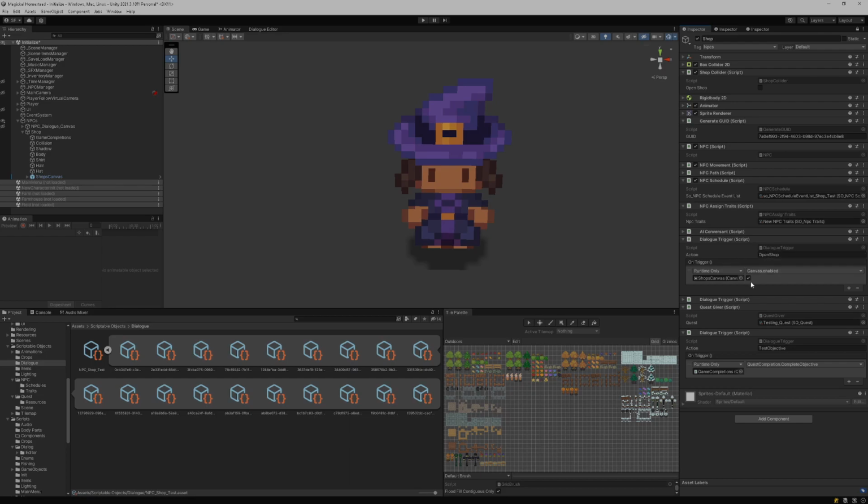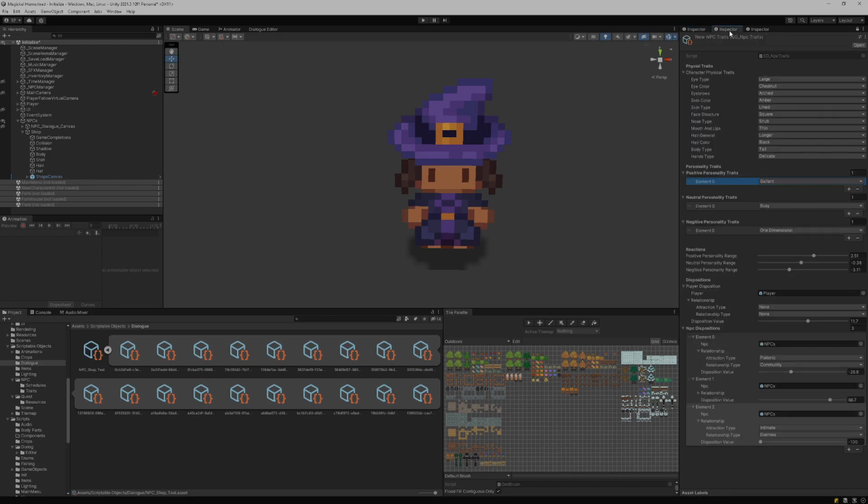Each time the shop is opened, based on that personality trait of talking to the character and opening a shop, it'll probably have a positive personality rating, so that disposition will increase by 2.5. And eventually, depending on other traits, physical will determine intimate and platonic, or how good the relationship is. It will change that as well. But then there's also relationship types.